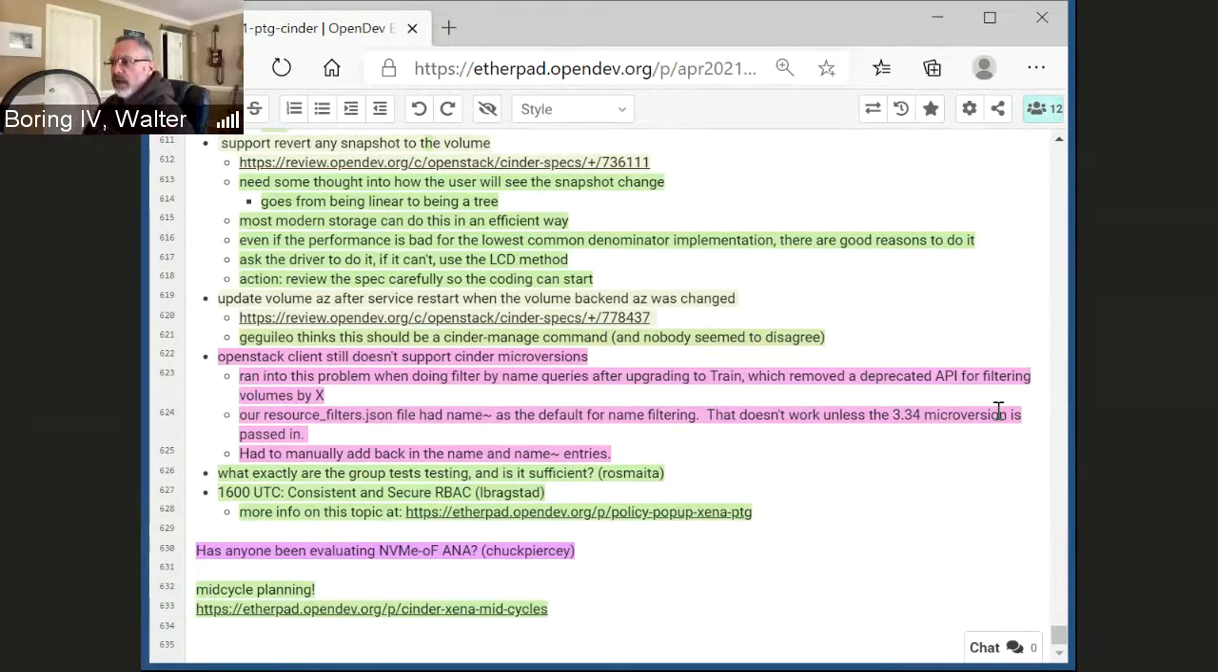And we ran into that failing after we upgraded to Train, because the Train release removed a deprecated patch that's been around forever, related to filtering based upon keys, because there was the generic filtering that was added at some point ages ago. And one of our customers ran into it because they were trying to do filtering using the OpenStack client. And since that feature went away and wasn't there by default, and the OpenStack client does not send microversions,